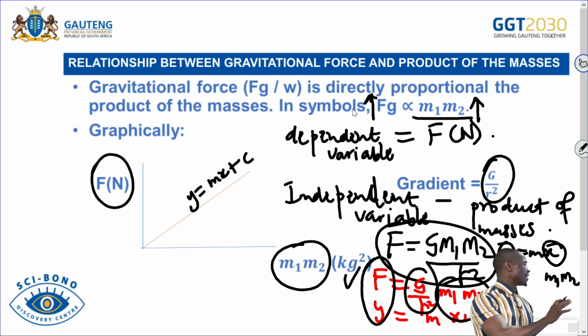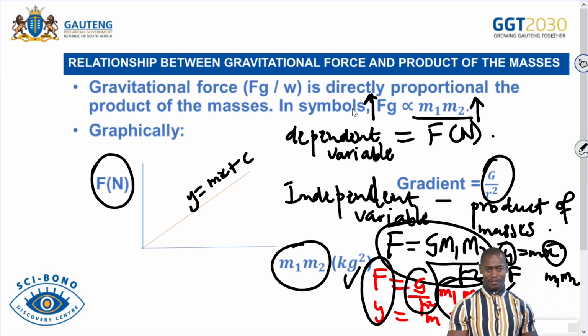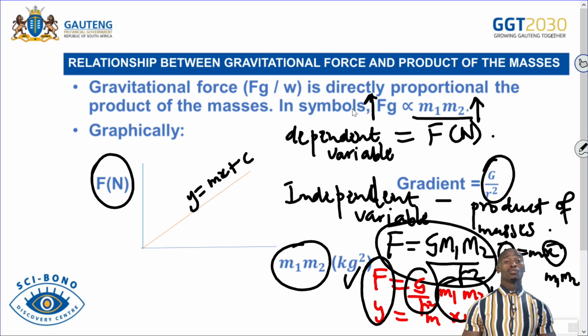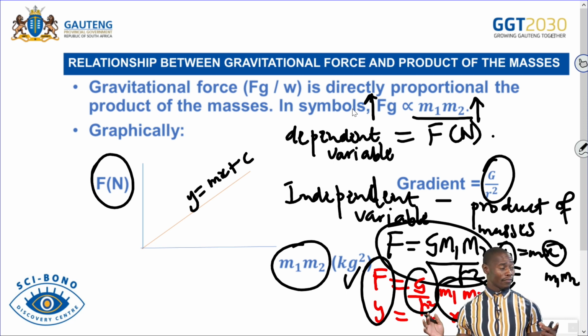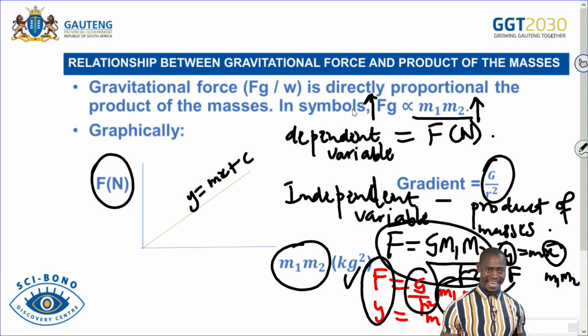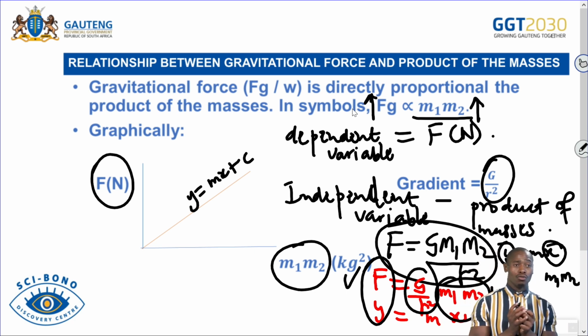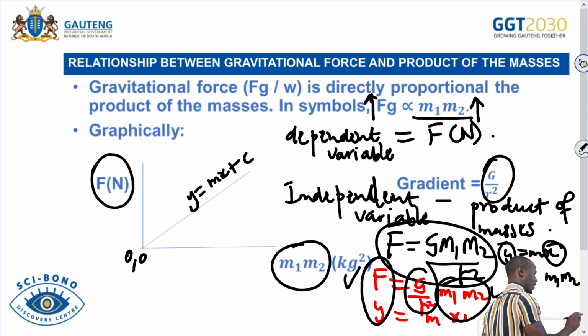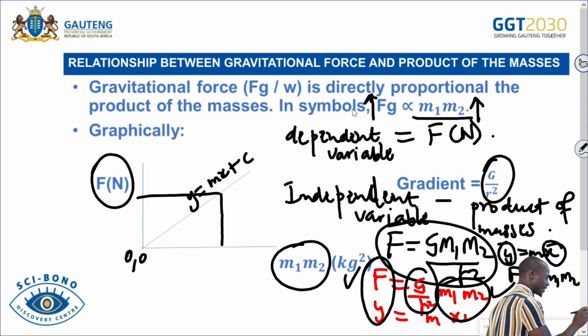So we can use this graph, if there were values given here, to calculate the distance between the centers of these two objects. How are we going to do that? We need to start by calculating the gradient. And I believe that you know how to calculate the gradient. For example, this point is 0, 0. Let's say this point here, for example, we are having